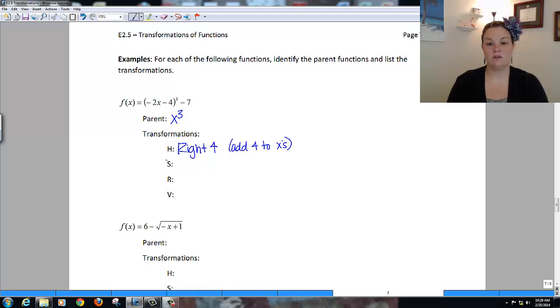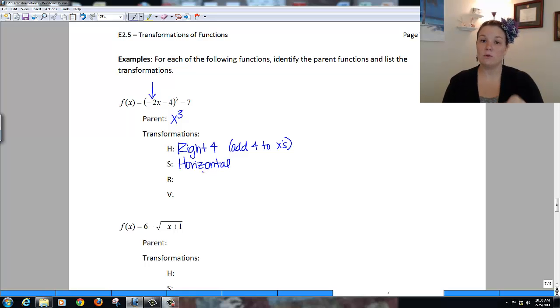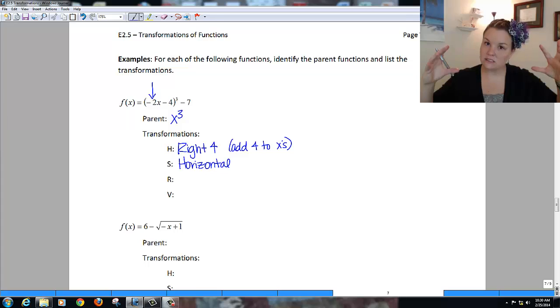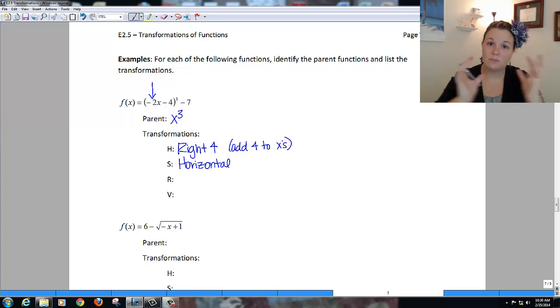Okay. Then I look for a stretch or compress. Notice inside here, I'm multiplying by 2. I don't care about the negative because remember, negatives are reflections. So I'm multiplying my x's by 2. So since I'm multiplying my x's, this is going to be a horizontal, either stretch or compress. Okay, here we're multiplying by 2, which is bigger than 1, which in our minds would make us believe it's going to stretch it horizontally. But remember, x's are backwards, so it's actually going to compress it. Okay, so I'm going to say horizontal